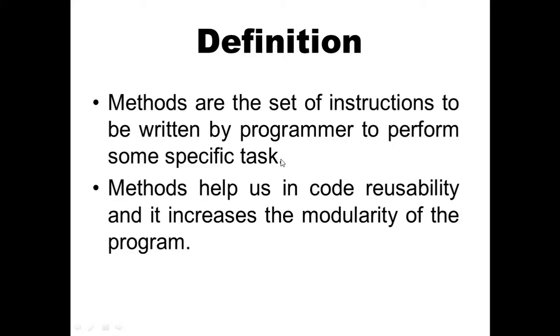So what will happen? Suppose we need that particular code which is performing a particular thing at a particular time. If we are not going to write it inside a method, then we need to repeat those lines. If we are writing inside a method, then we don't need to repeat those lines, we just need to call that method. That's it. So instead of writing some lines of code again and again, we can write them inside a method and call that method simply. So this is the main use of method.